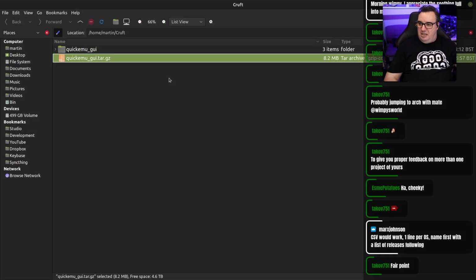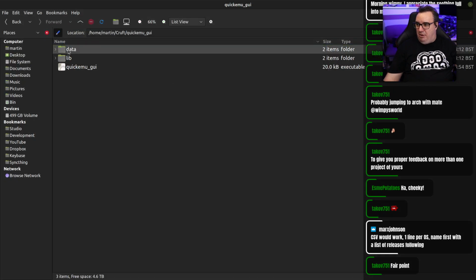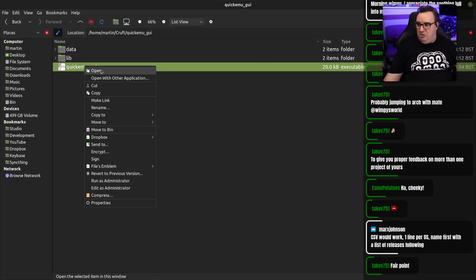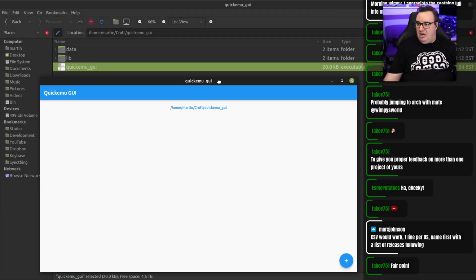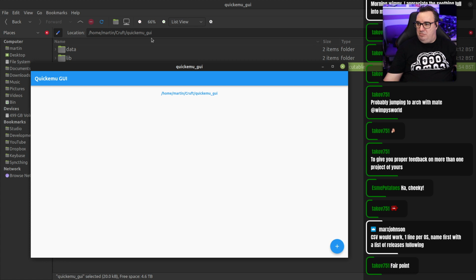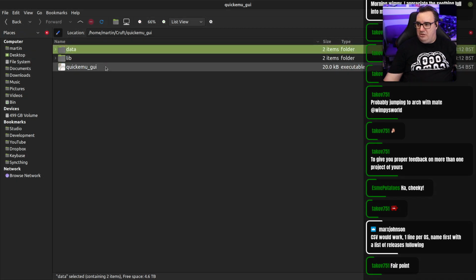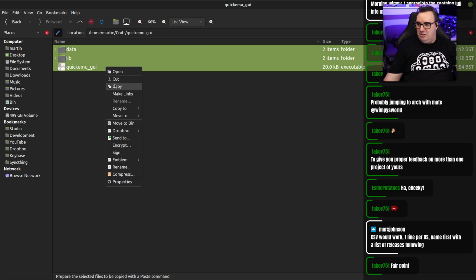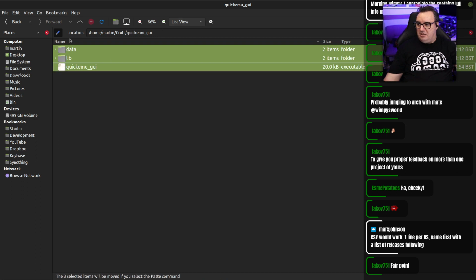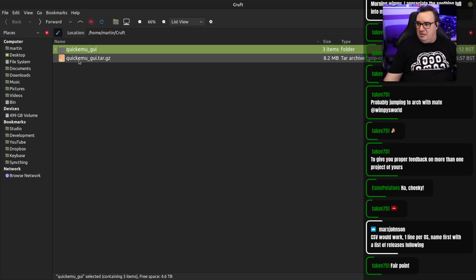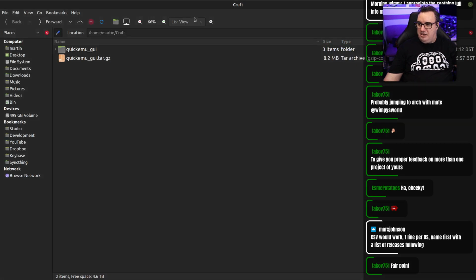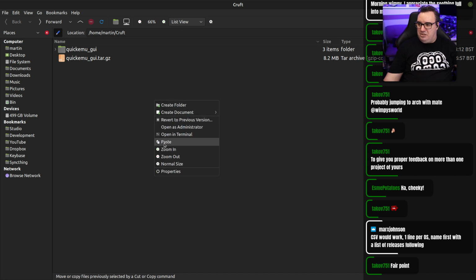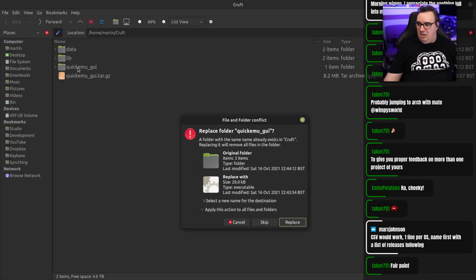So let's go and fire up Mark's Quickemu GUI. So here it is. It's open. I've actually opened it inside there. So I tell you what I'm going to do. I'm just going to pull all of those files out. Cut. And paste all of that. Oop, I didn't want to do that. Paste all of those there. And then I'll just